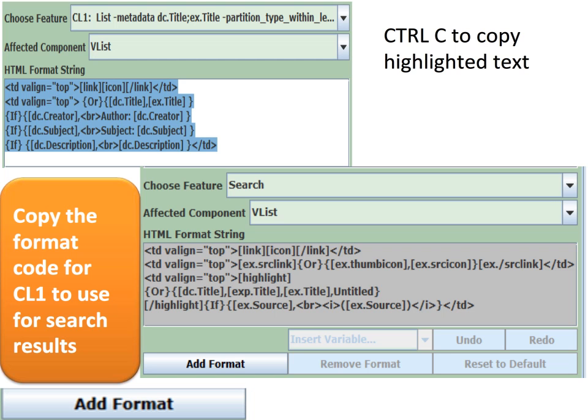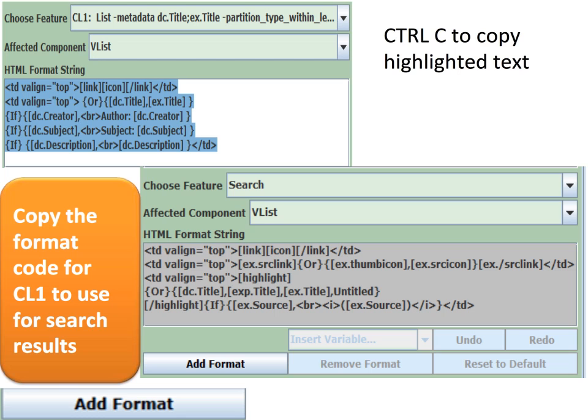Okay, let's fix up the search results. Search is basically the same as a list index type. It's a simple A to Z list, except they're not in A to Z order, they're in relevance order. So we're going to copy the code. We know it works, right? We got it working for the index 1. I'm going to copy that code, and I'm going to go off to, by choosing the search from the pull